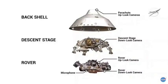So as you probably realize after last Friday's press conference, the EDL cam system successfully captured some amazing imagery of the vehicle's descent and landing on the surface of Mars. We collected a little over 30 gigabytes of information and over 23,000 images of the vehicle descending down to the surface of Mars. As a quick introduction, if I could have the first graphic,